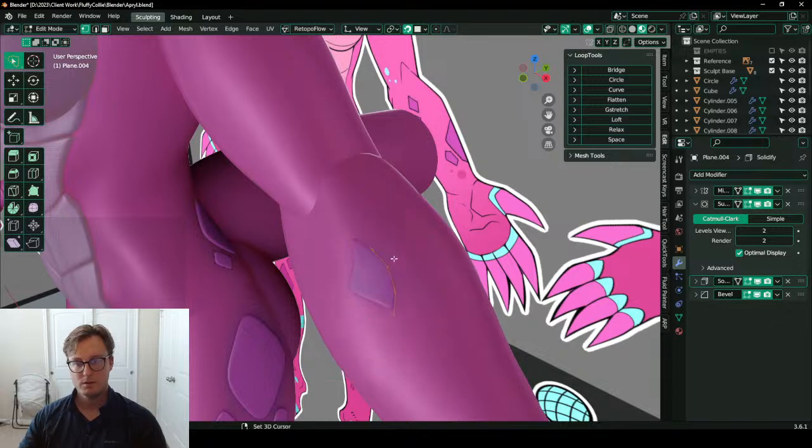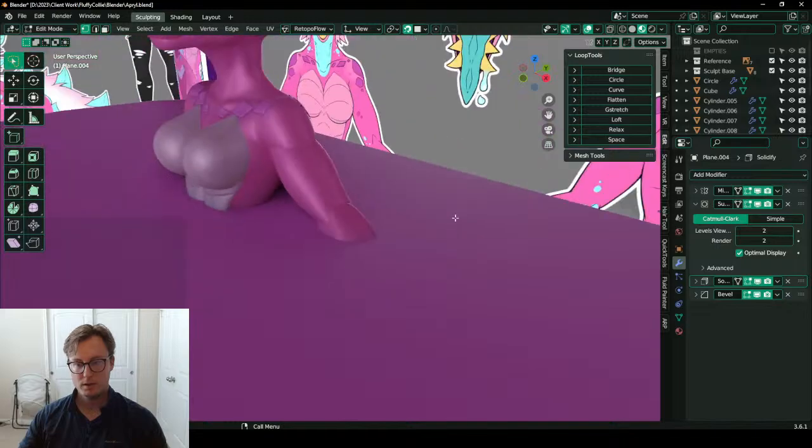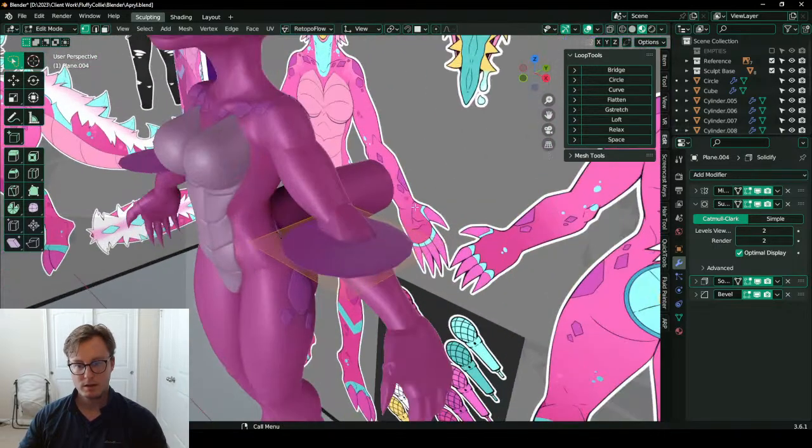I should just put my cursor there, delete the points, make a new plane, scale it down.